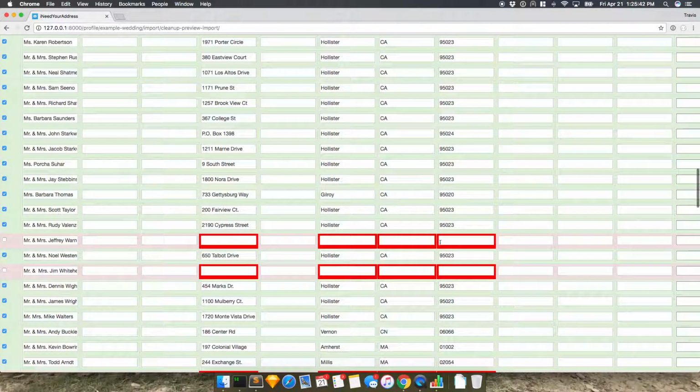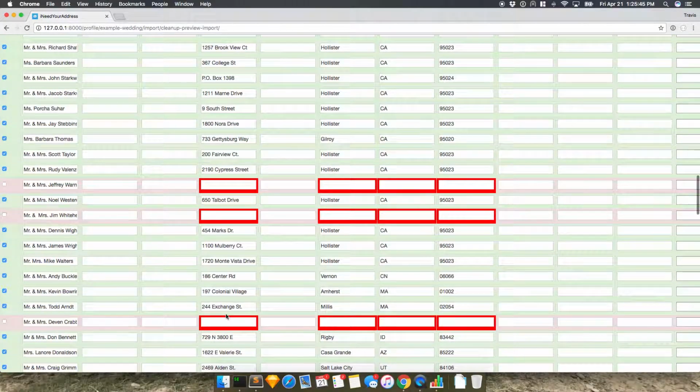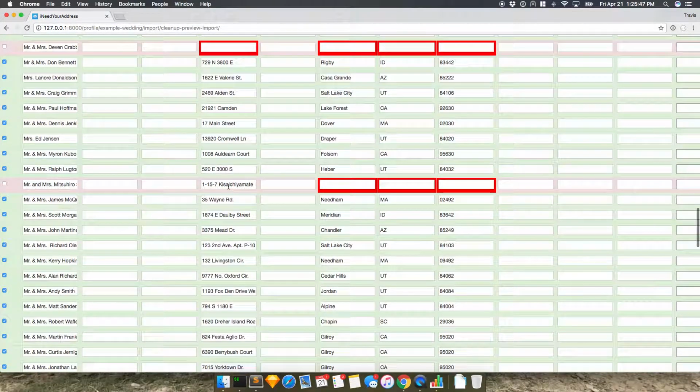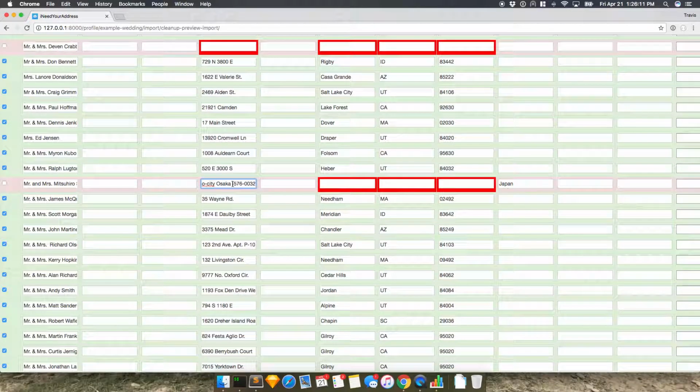This one here is just missing an address altogether. Same here. Here's an example. I'm not going to try and pronounce that, but Osaka, Japan, 576. I don't know which, is that the zip code? It's the country, I guess, Osaka. So you'll need to break these out. Like Japan goes there. That's the zip code. I don't know how that works, but